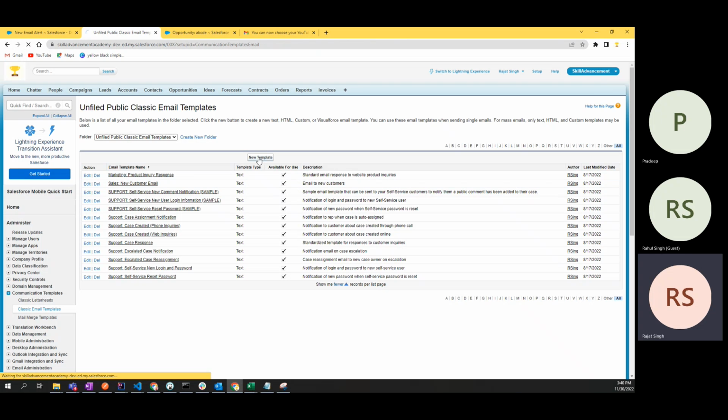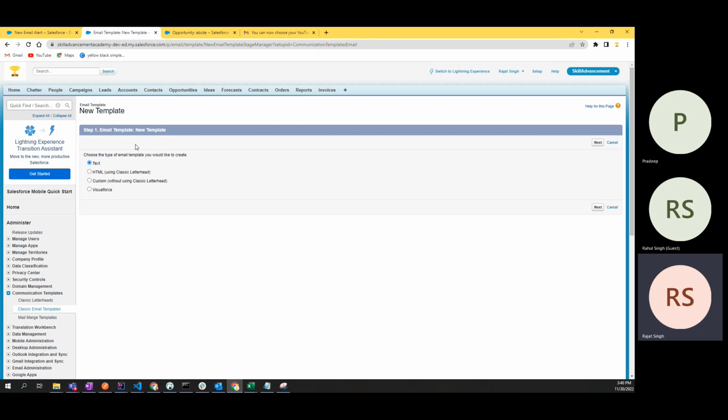But to create a new template, what you have to do, you can just click on this new template, and here you will land onto this new template creation page. So there are different ways you can create an email template. So as I was saying,